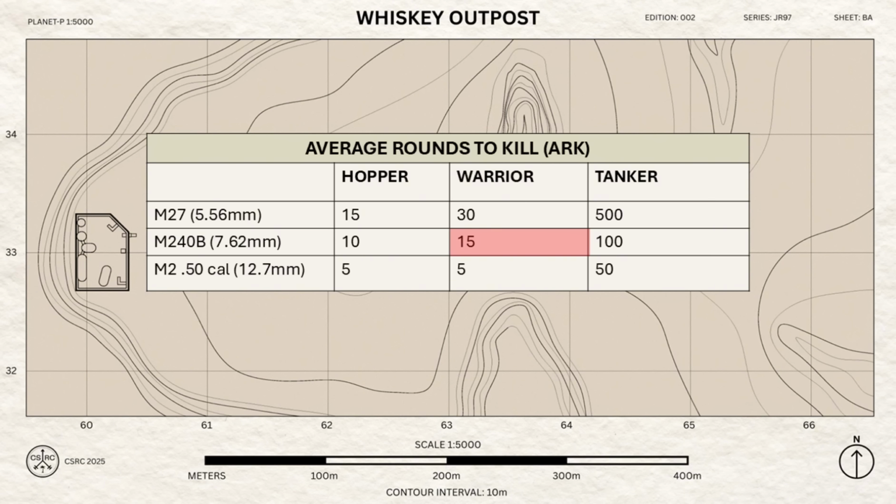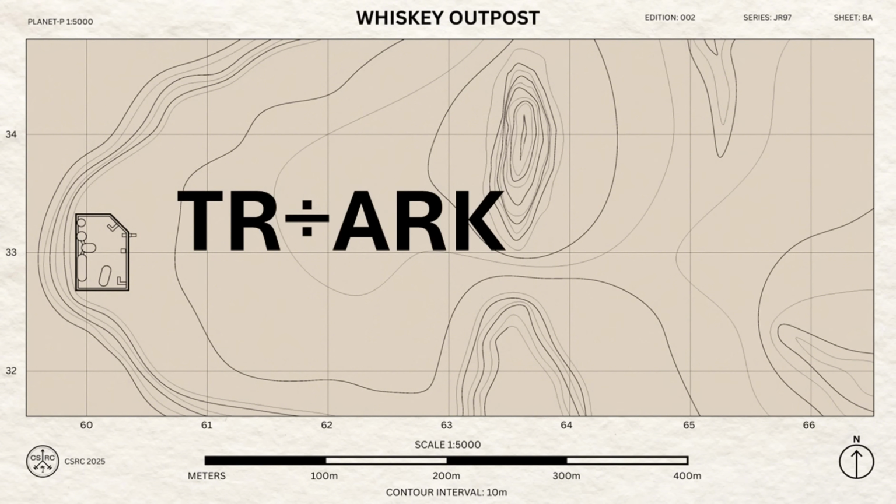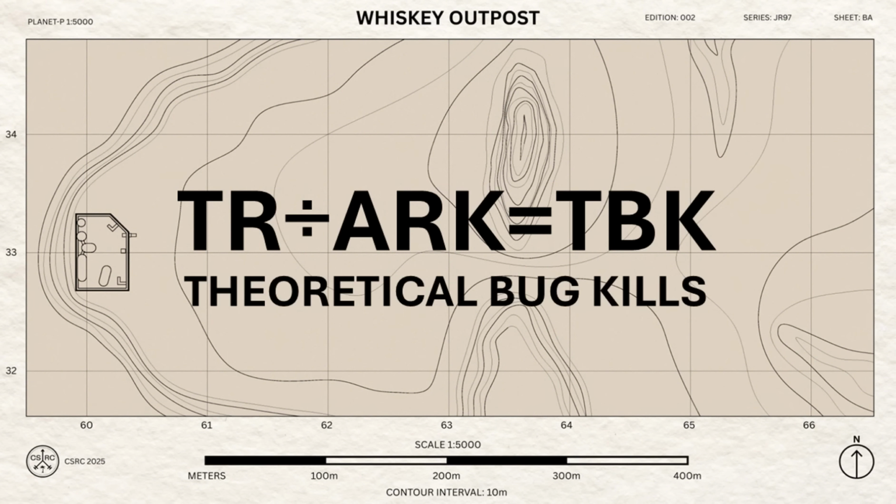Taking into account that our defending Marines have substantially better marksmanship training than the Roughnecks, I think these figures are pretty generous to the durability of the bugs, while also considering the chaos of the battlefield and also disregarding that some rounds, especially the 50 cal, will likely kill more than one bug by overpenetration. Let's now take our total rounds, or TR, and divide them by our average rounds to kill, or ARK, to give us our TBK, or theoretical bug kills, which will provide a rough idea if we're adequately supplied for